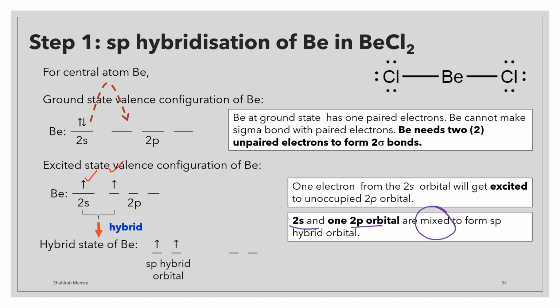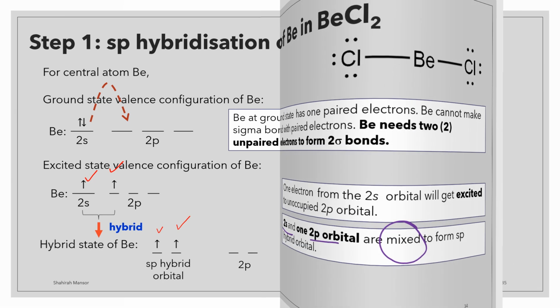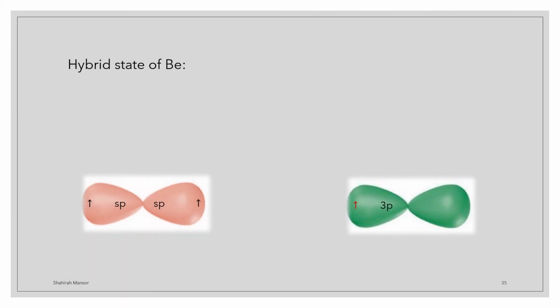So, dalam sp hybrid orbital ada dua kelopak dan ada single elektron pada setiap satu kelopak. So, for the hybrid state of beryllium, we have sp hybrid orbital. So, this is the shape of the sp hybrid orbital. Okay, and don't forget, you have to labelkan kedua-dua kelopak dengan sp dan masukkan the single electron pada setiap